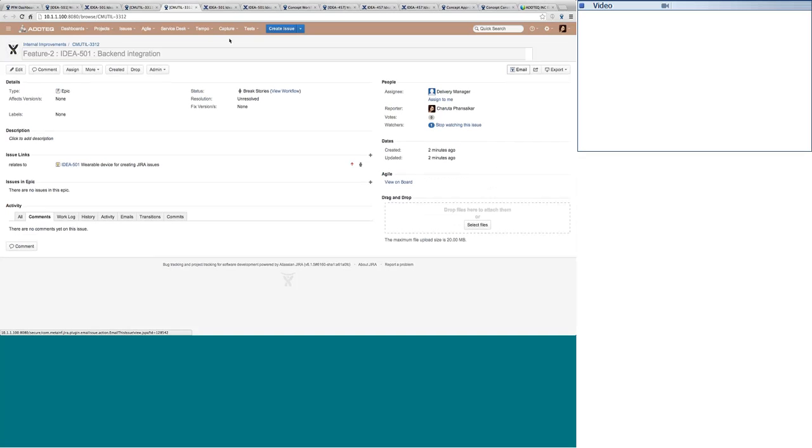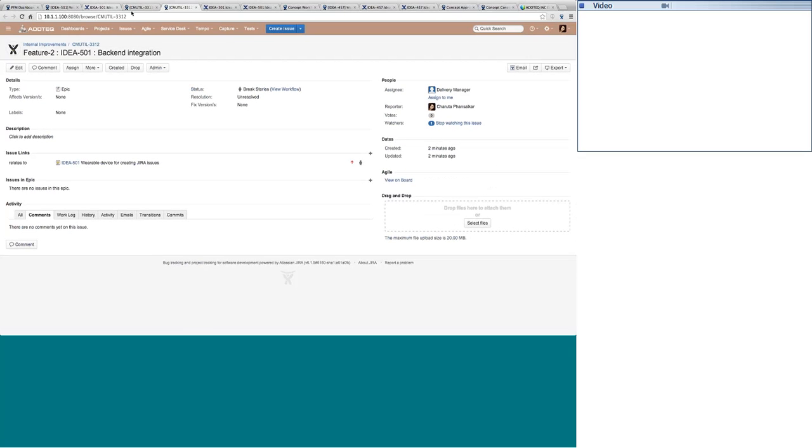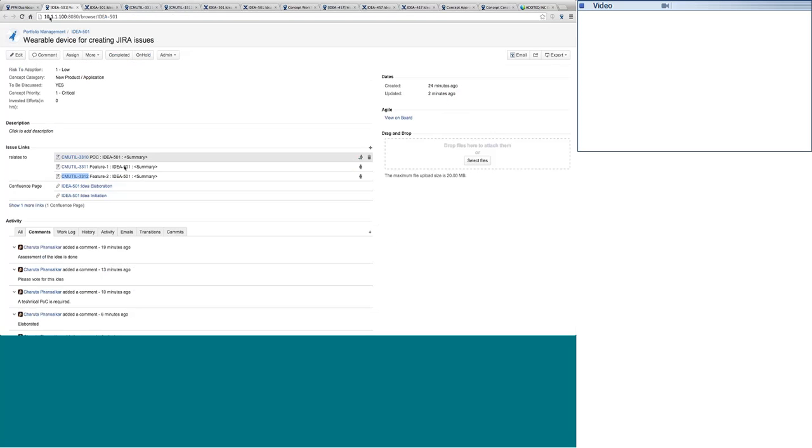Now if we simply go on, you can see that feature 1 is talking about the device GUI and feature 2 is the backend. Now just imagine a portfolio manager, or maybe the idea submitter who has submitted this idea. At any point of time he or she wants to know what is exactly happening with the idea. He can just jump to one Jira ticket and see that okay, these are the epics which are created. So the construction of the idea is going on. So it's approved for construction.